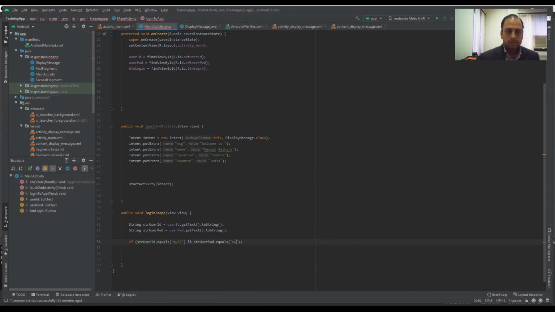my pwd, then what we need to do is, let's say right now, it will display a message that the login is successful. Okay, so let us make a Toast.makeText. Context is this. CharSequence, the message is successful.